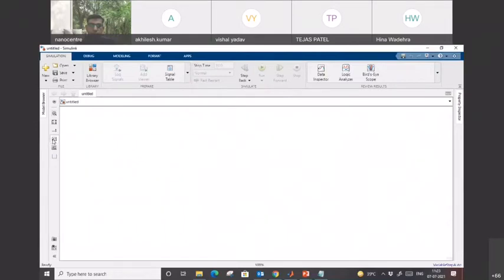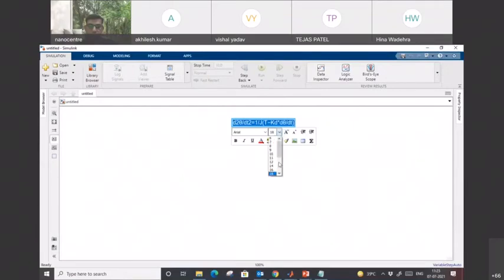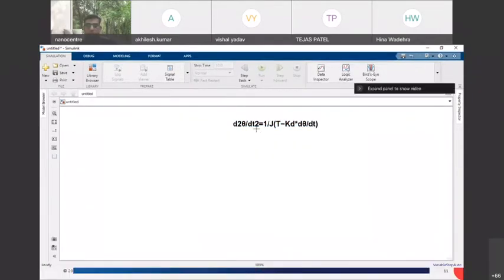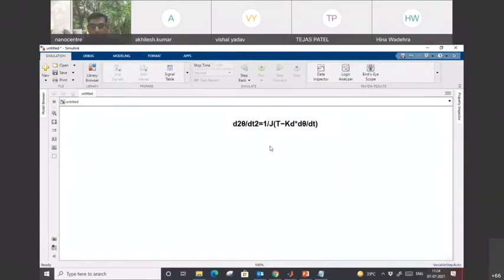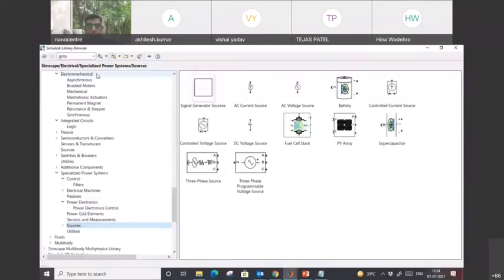Okay, if I have to write some comments here, so here is the option. I will select this, and simply paste here, and to make it visible, I can increase the width of it. Let me increase the width more, so it will be visible for you also. And this is the goal. So this is the equation I am going to design. You see, a second order differential equation is there. I have to calculate the angular displacement, that is the theta of this. Okay, so the inputs are torque, KD is the constant, inertia and all those blocks.